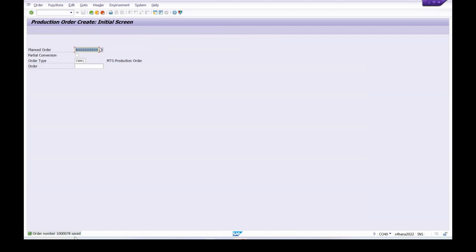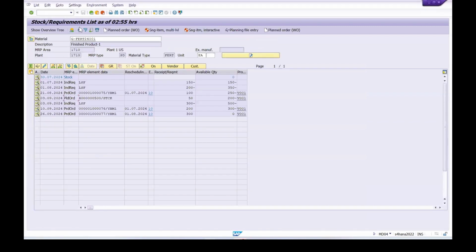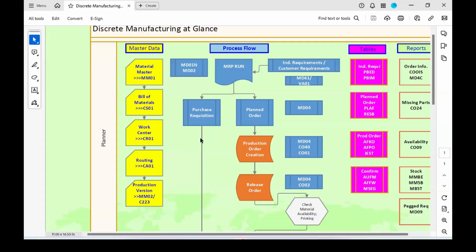Now production order 78 has been created. Take a look. If I refresh it, your planned order will be replaced with a new production order 78. Yes. So you have 4 production orders, 75, 76, 77, 78, one for 50, 100, 200, 300. That's good. And now we understood how to convert the planned order to production order using MD04,